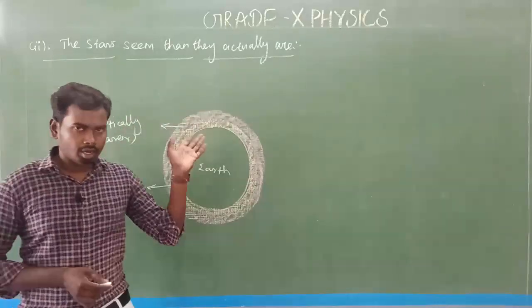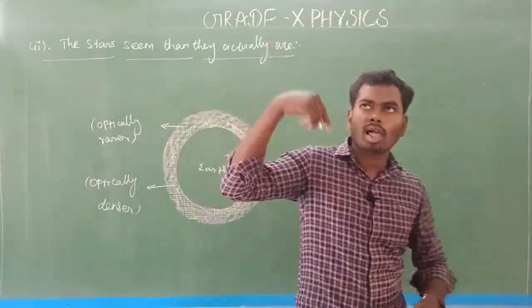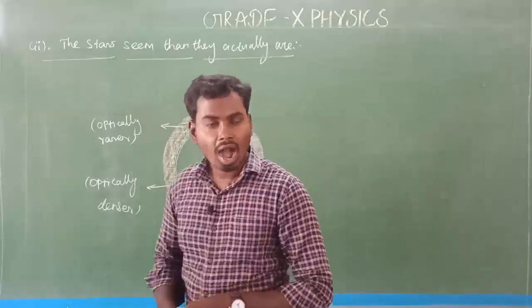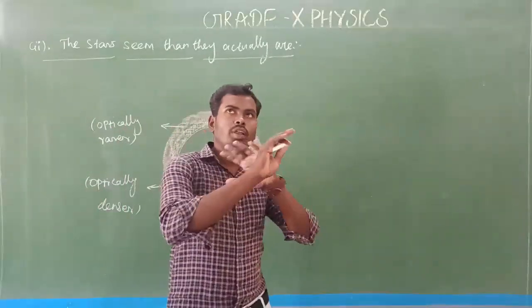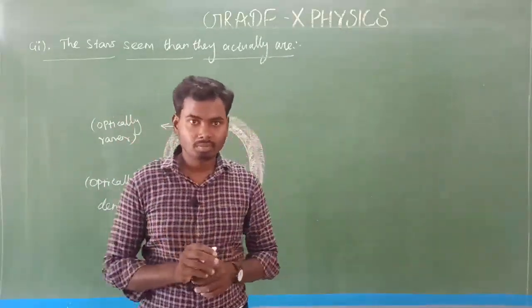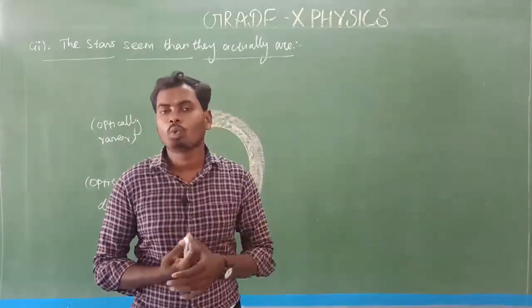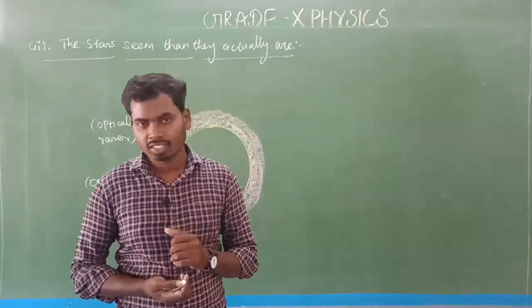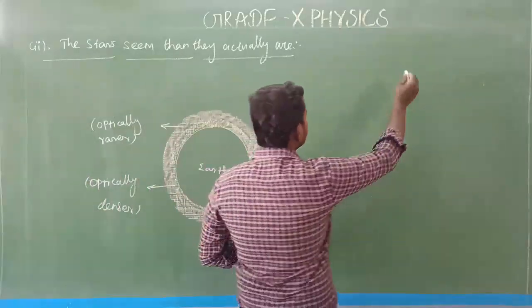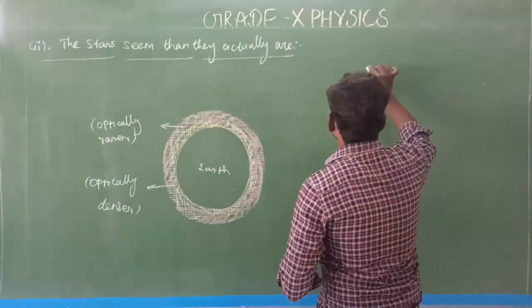Look at your atmosphere. You are observing the starlight on a clear night. On a clear night, the sky is very visible, very clear. Okay, can you see the starlight? Yes, of course we can see. A star emits its own light. That is called starlight. Is it clear? Yes. Consider only one star. That star is here.